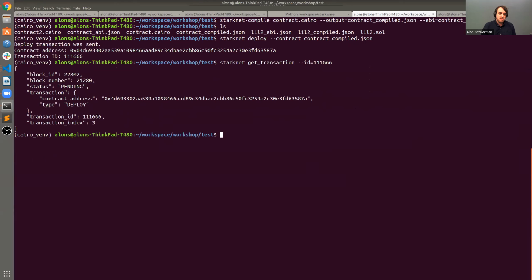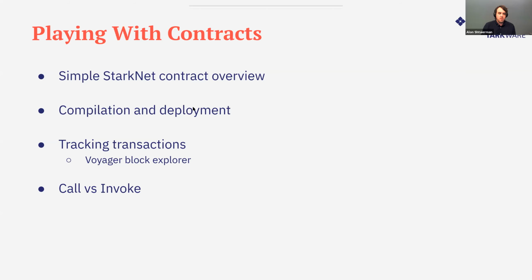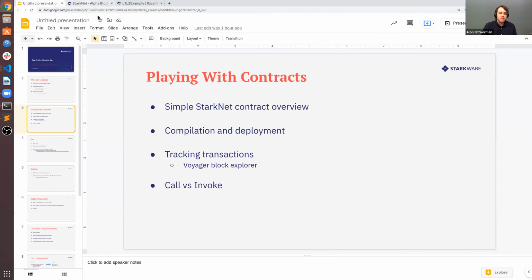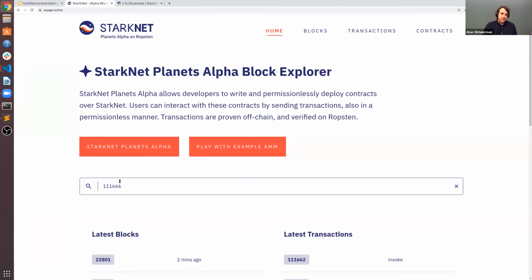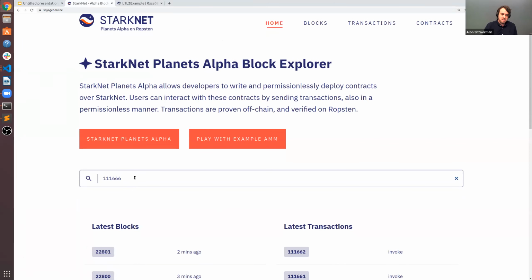Another way we can keep track of this transaction, so let's just copy over this transaction ID, and I'm going to move to our block explorer. Now, this block explorer was written by the very talented Nethermind team, which have done stellar work with this, and they still do. They keep upgrading this block explorer as newer versions of the StarkNet Alpha are being deployed to the system. So with this Voyager system, we can just input our transaction ID